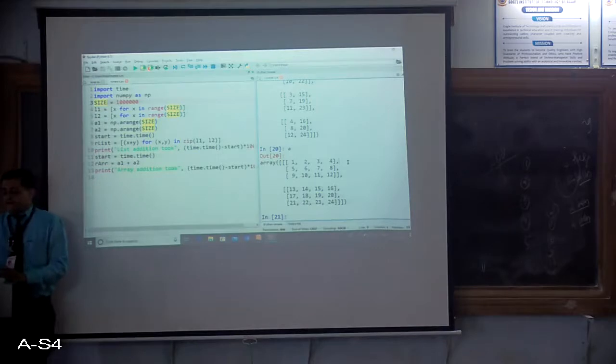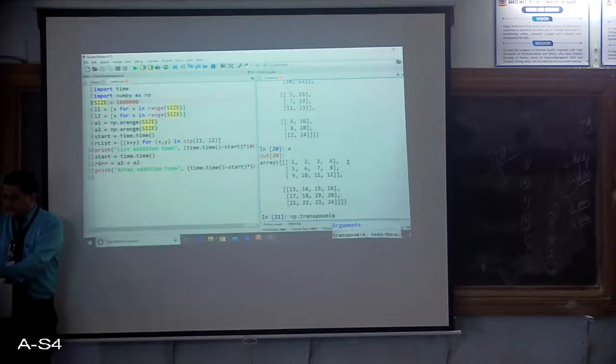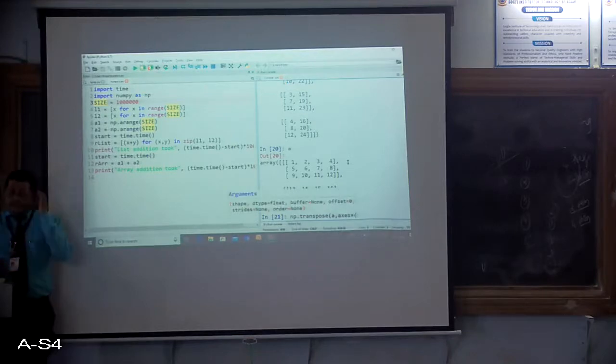So if I perform transpose on it, it will give me 4 by 3 by 2. What if I want to transpose it as a 3 by 4 by 2? Then I have to use the axis parameter. So np.transpose of a with the axis as,